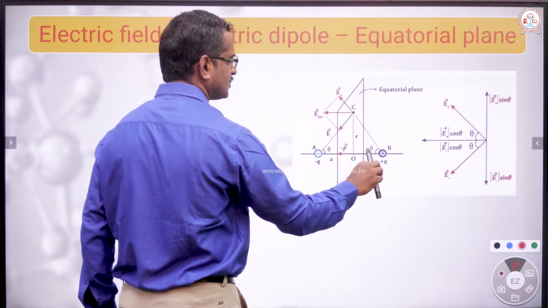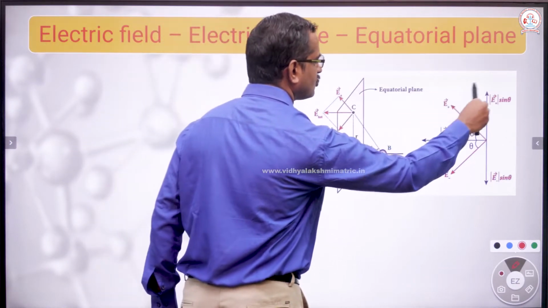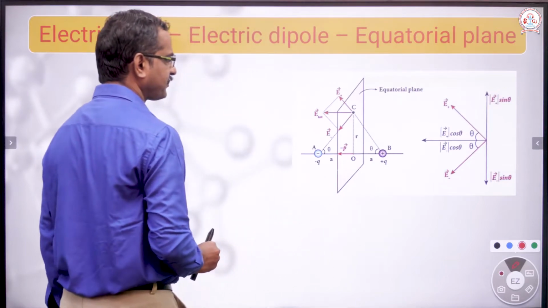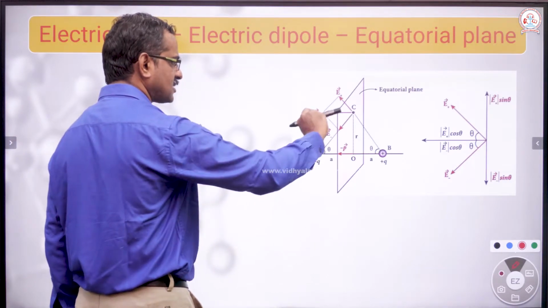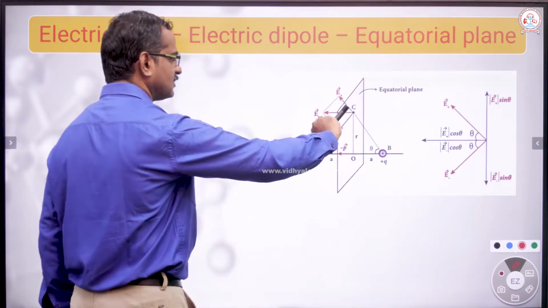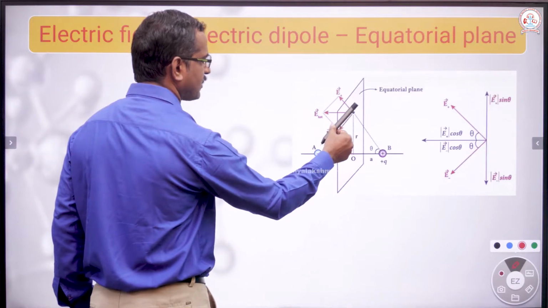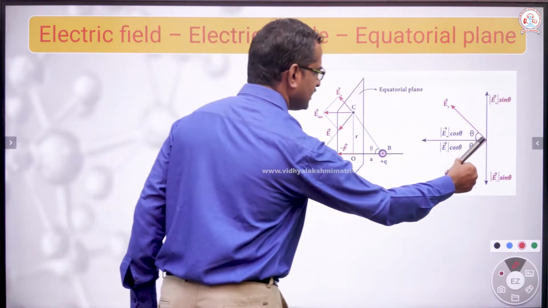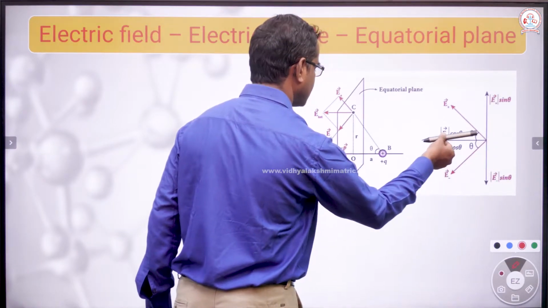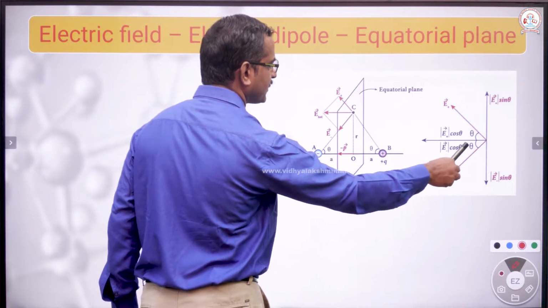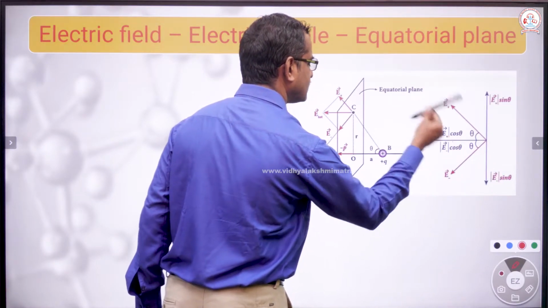So, these two are parallel. This is also going to be theta. The electric field which is acting along this direction is resolved into two components, sin theta component and cos theta component. This is positive charge, therefore electric field is acting along this direction. This is negative charge, so the electric field will be towards it, towards minus q. This electric field is resolved into two components, one is sin theta, another one is cos theta. This angle is theta. Then this is the opposite side, therefore this is the sin theta component; this is the adjacent side, therefore this is the cos theta component.